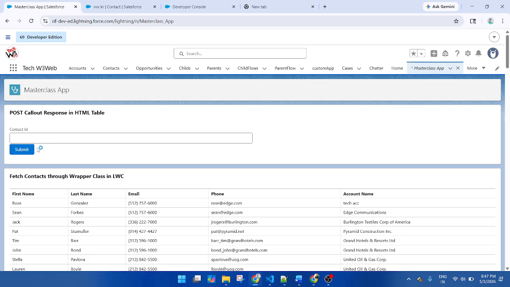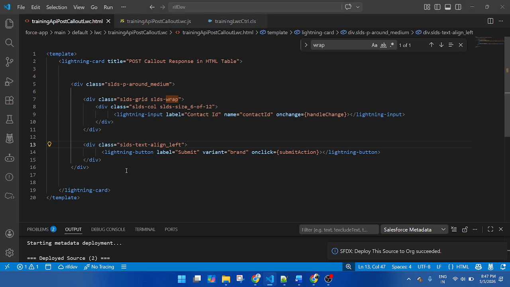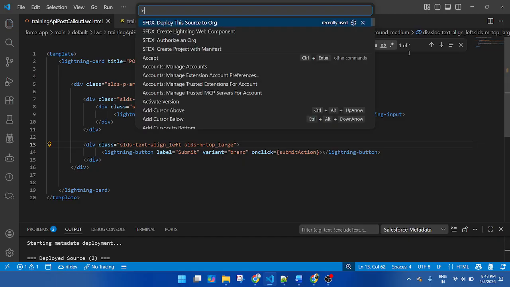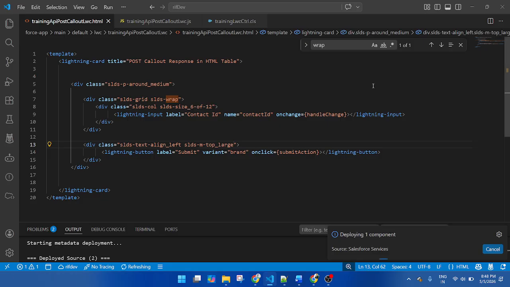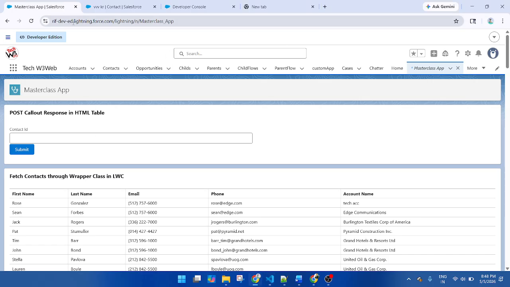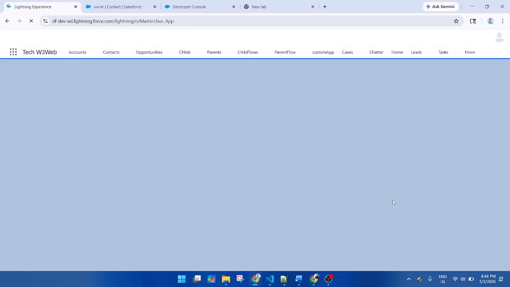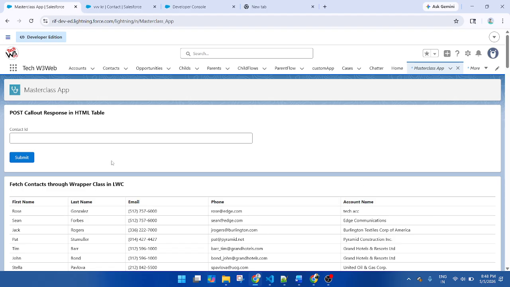So now it's good. I need to give a space between the input field and the button. SLDS m top large. Deploy the code. Okay, so my component is completed.